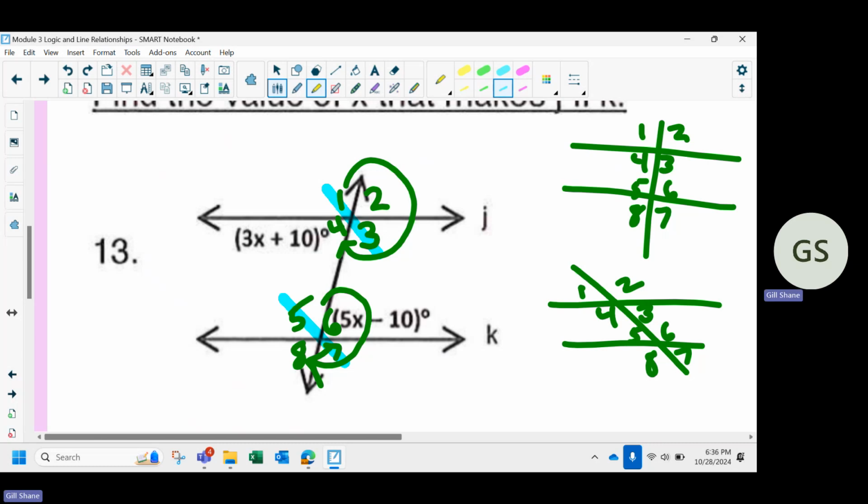3 and 7 are corresponding. They're congruent. 3 and 5 are alternate interior, so they have to be congruent. 1 and 7 are alternate exterior. So again, all of the odd angles are equal to each other. And then the last thing is,